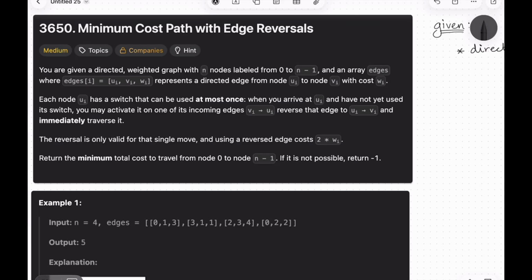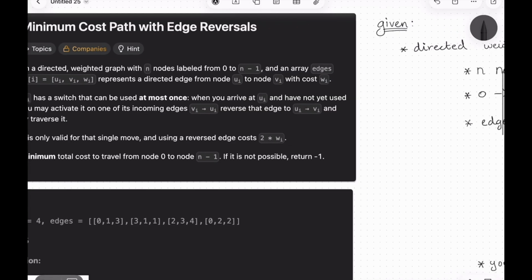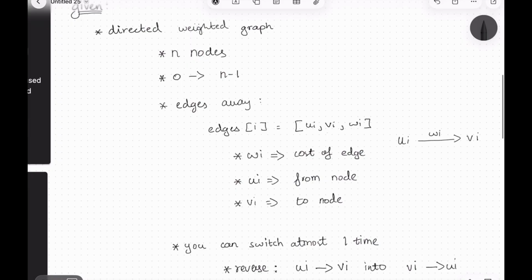Hello all, today we are solving LeetCode problem number 3650, minimum cost path with edge reversals. You are given a directed weighted graph which has n nodes, ranging from 0 to n minus 1, and there is an edges array given. In the edges array, edges[i] is equal to ui, vi and wi as a list,